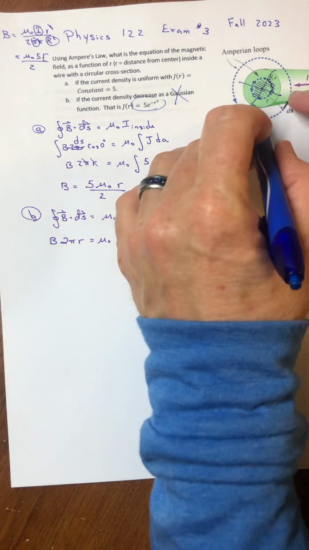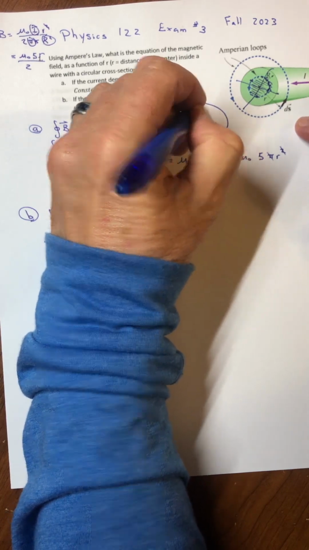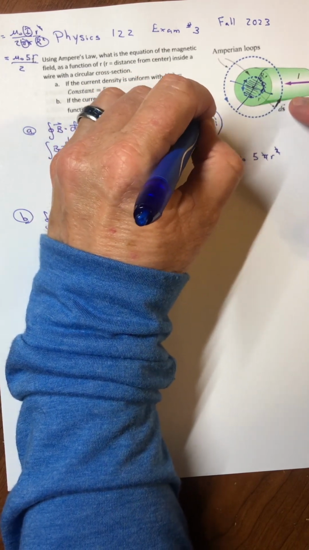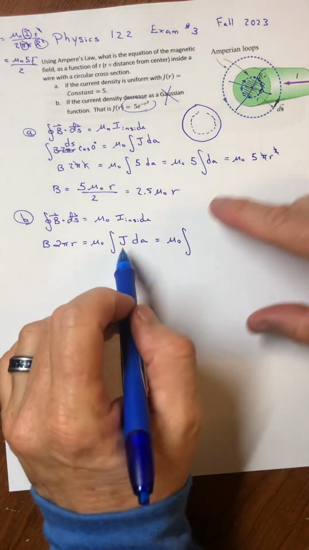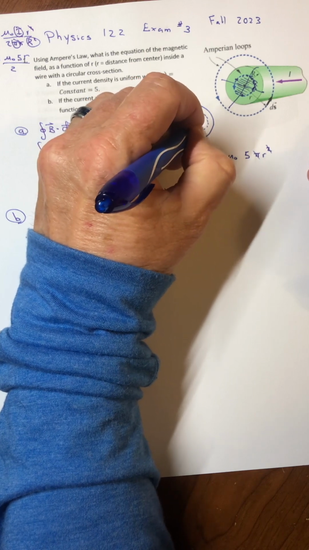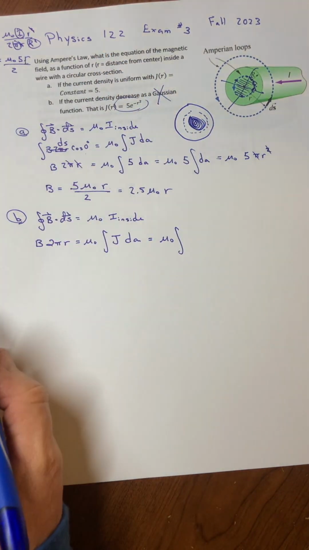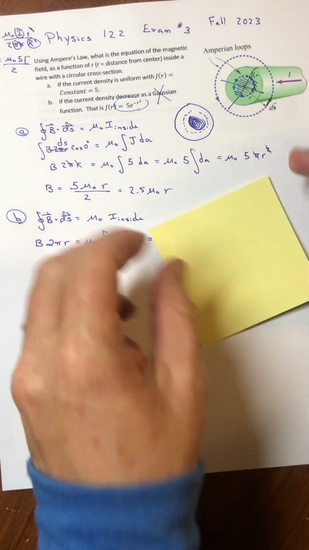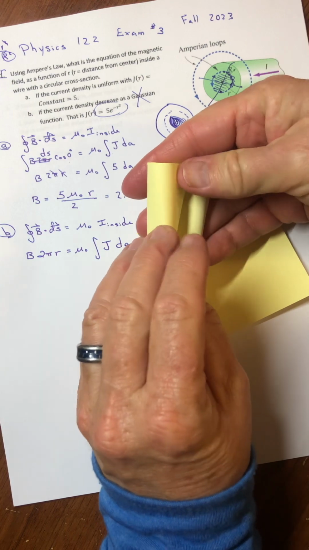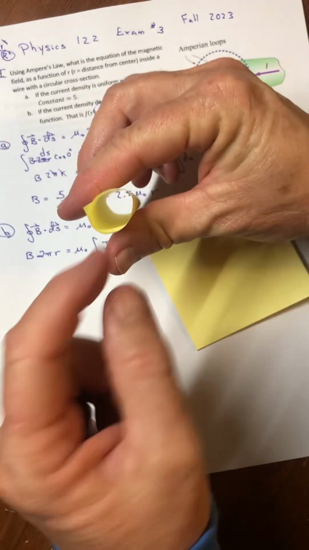because if I maybe redraw a cross section, so here's the wire. Here is the Amperian loop. And what I would want to then do is to add up all the current in a series of very thin shells. I guess it might look something like this. I would have this question about how much current comes towards you in this shell,